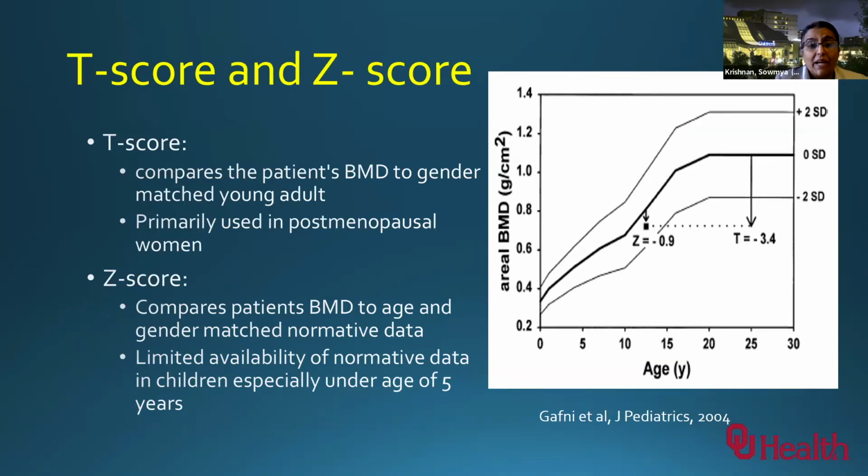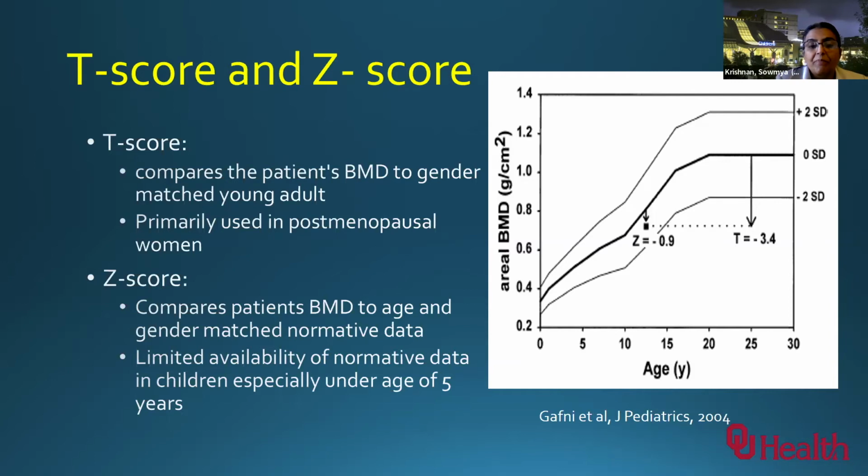T-score compares a patient's bone mineral density to gender-matched young adults, and it's primarily used in postmenopausal women. Z-score compares a patient's bone mineral density to age and gender-matched normative data. And of course, we have to remember that there is limited availability of normative data in children less